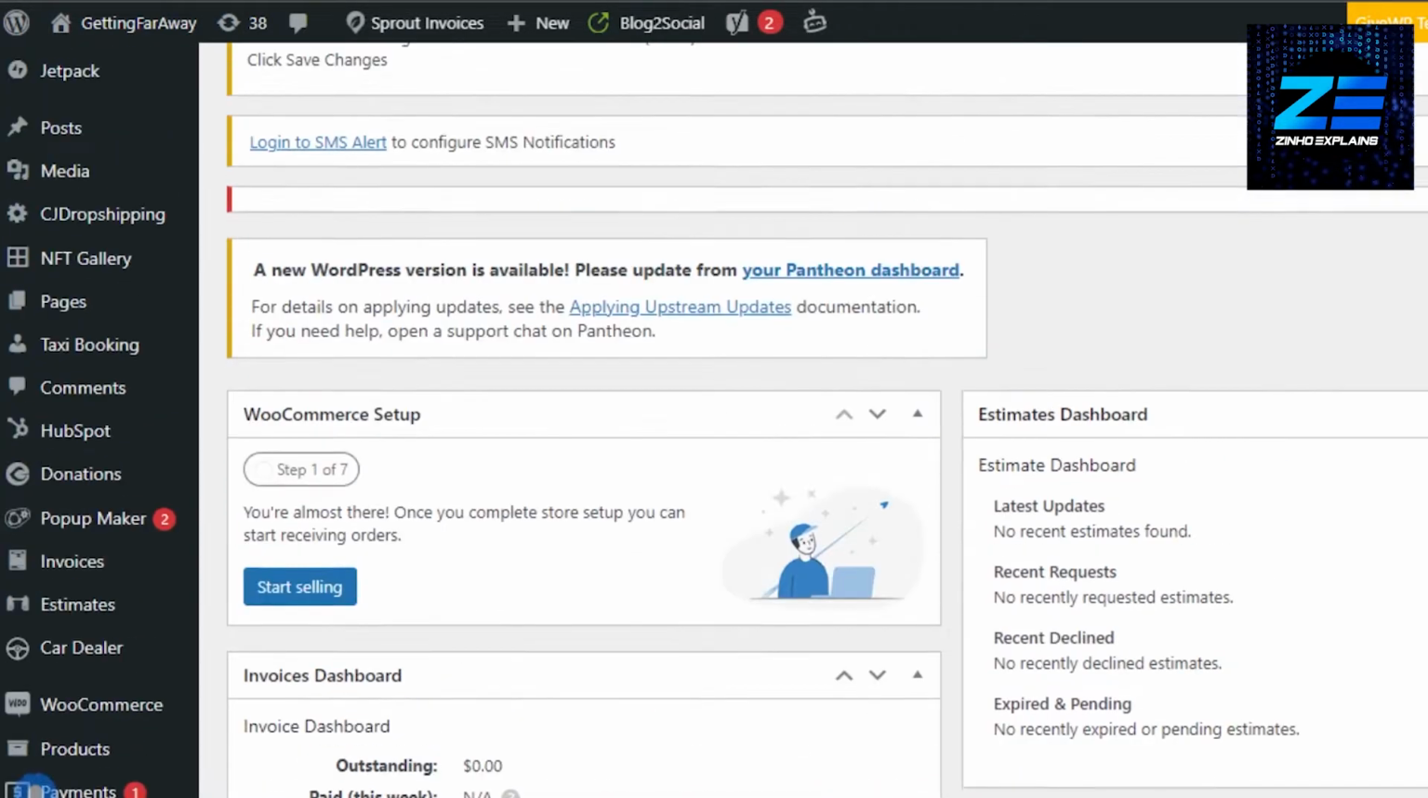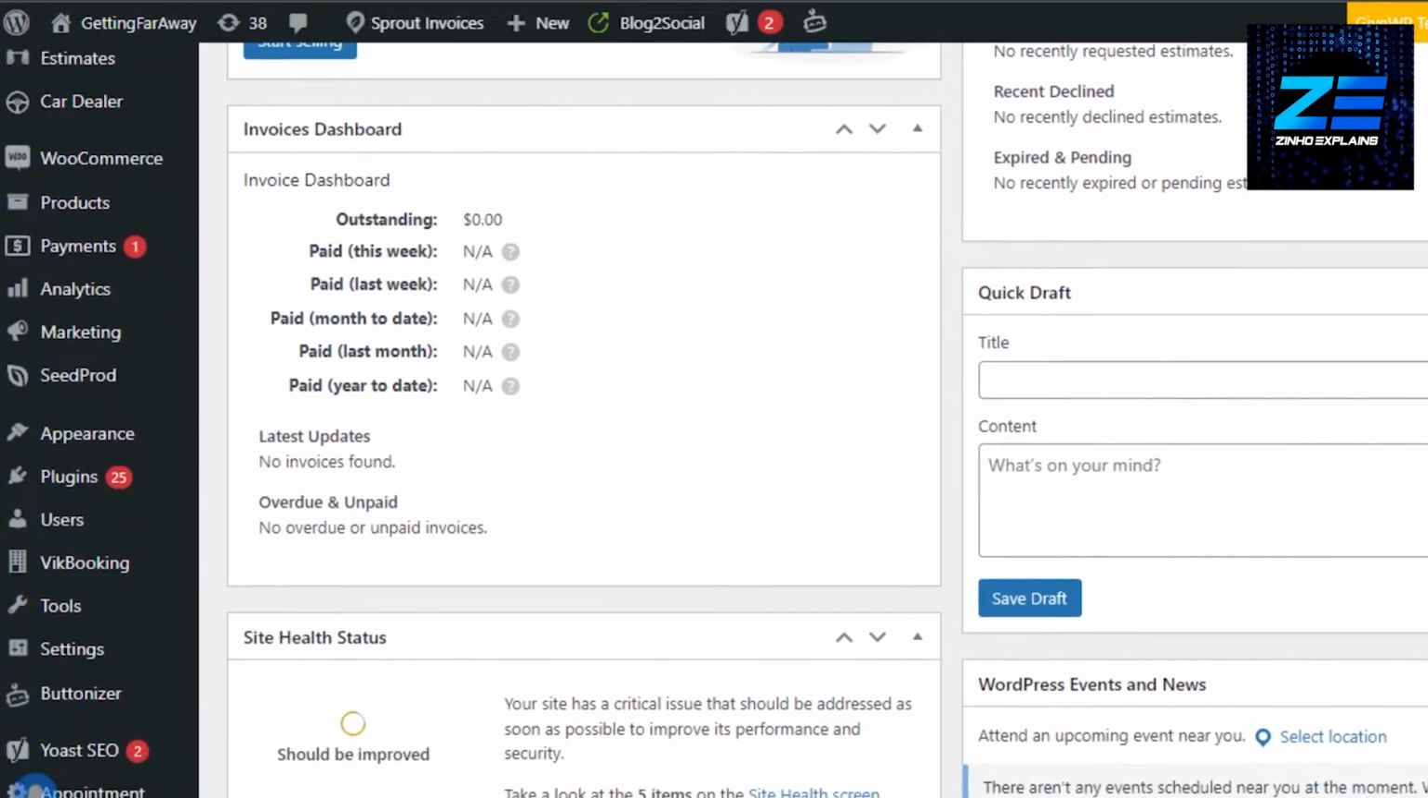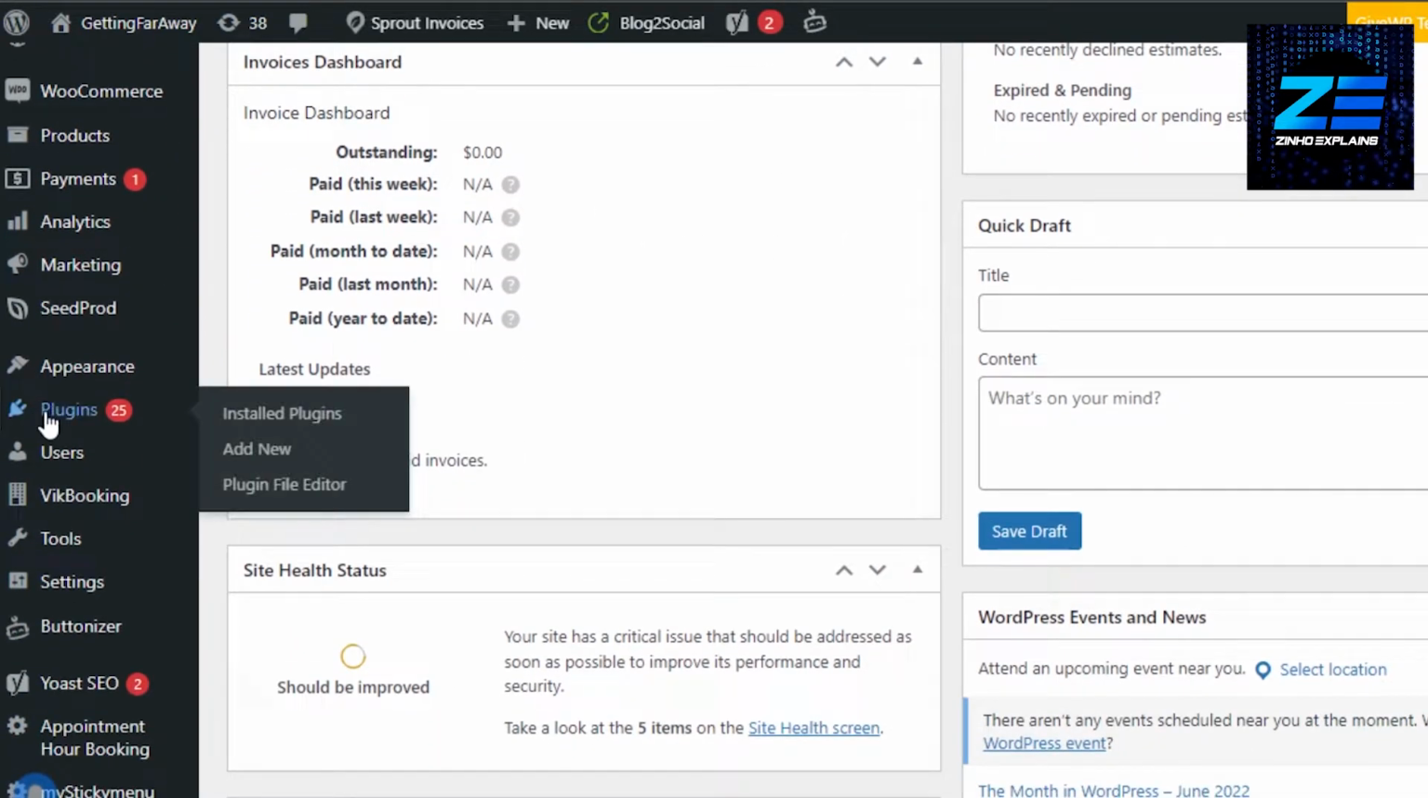So what you have to do is open up your WordPress dashboard. This is the dashboard for my test website. Now you have to just scroll down and go to your plugins right here. Go to plugins and then go to add new. Now what we need to do is add a plugin that will help us to reset our